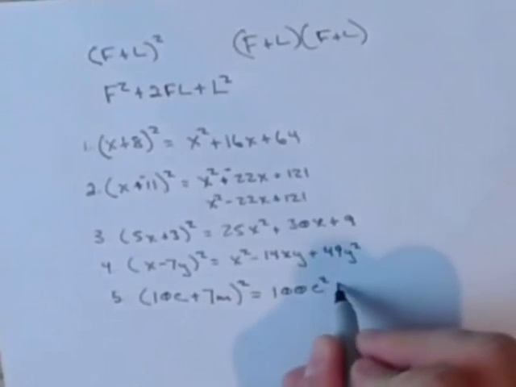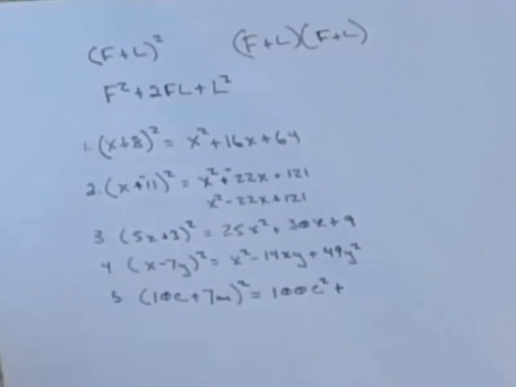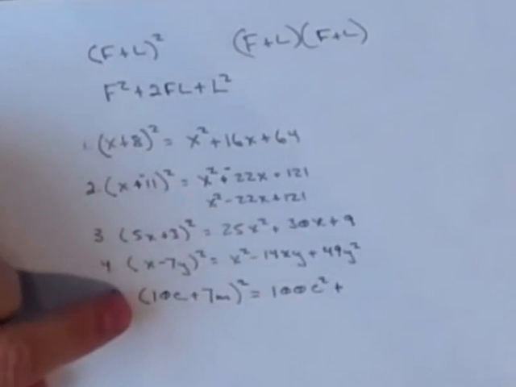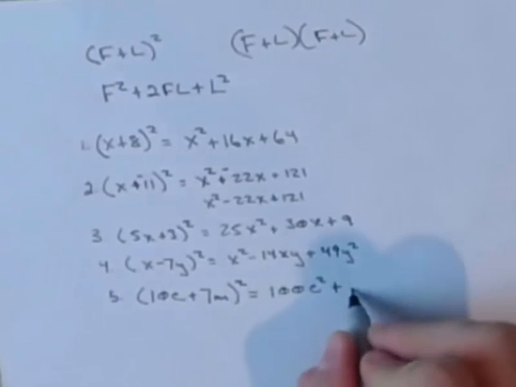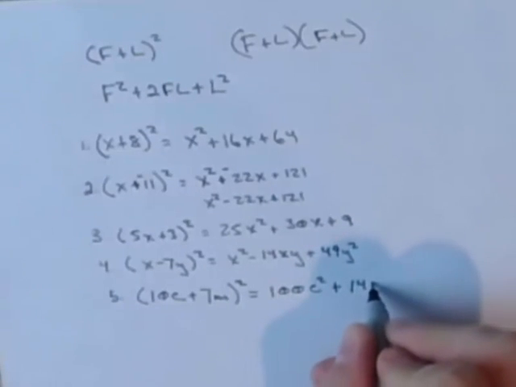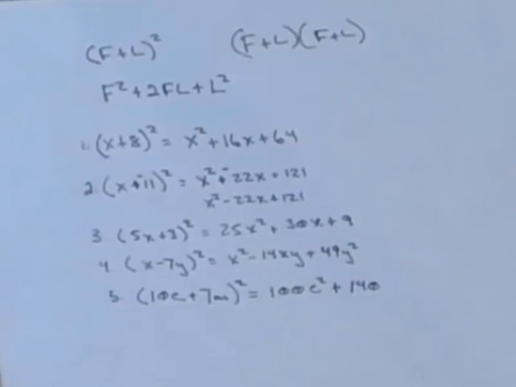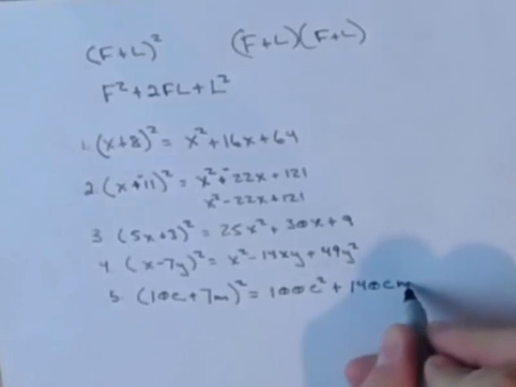Plus 2 times first, which would be 2 times 10c, which gives us 20c, times the last, which is 7m. 20 times 7 is 140, and c times m is cm,